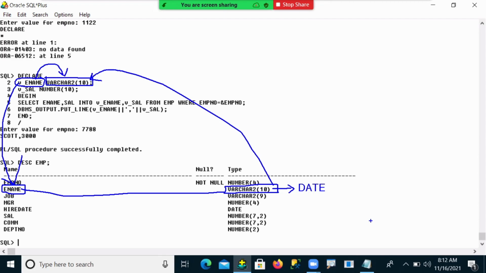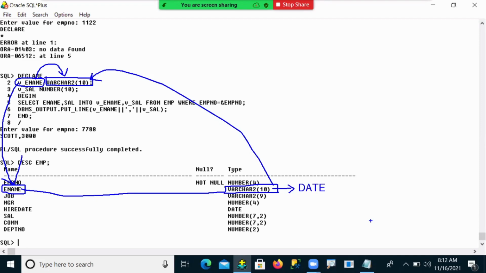The programmer changed the column from varchar2 to date, but the variable declaration is still varchar2. So again there is a mismatch of data types, and it shows an error.